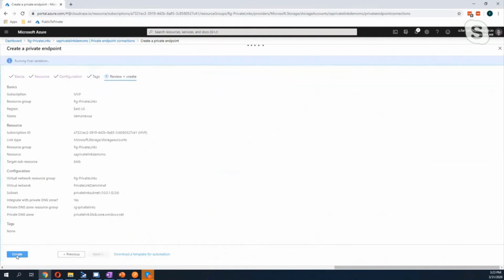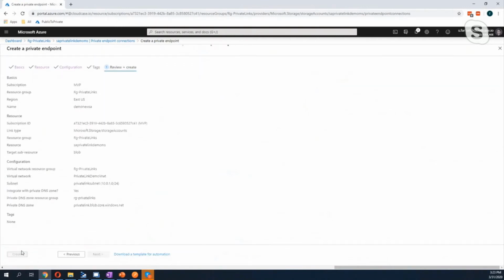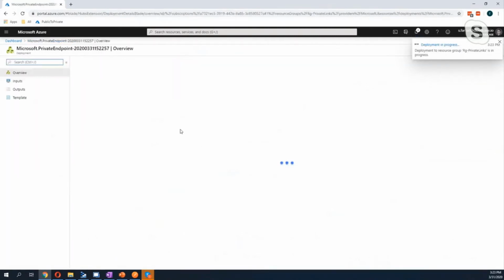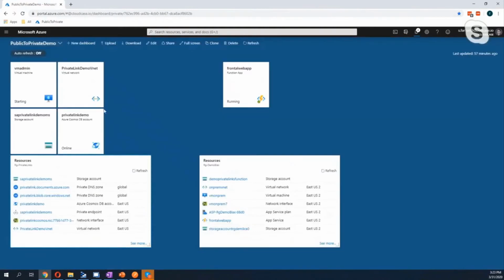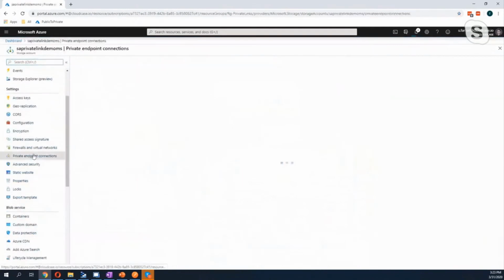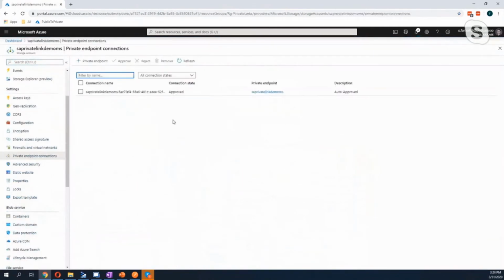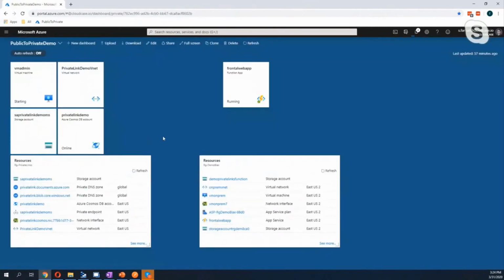In the past, I have encountered many issues, especially when the deployment tries, for example, to register the private IP in the DNS zone. I have issues with it, but I think that this will be improved in the future. Okay, so we will wait for the private endpoint to be done. If you have some questions,